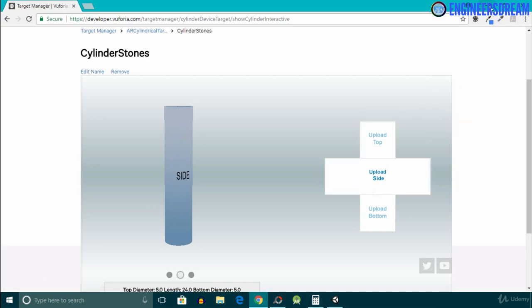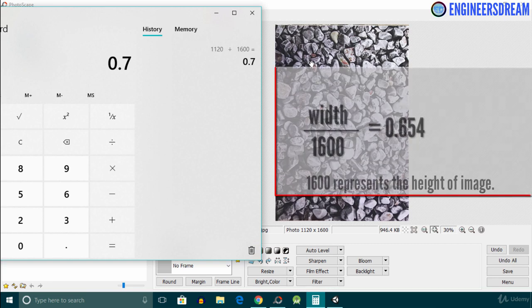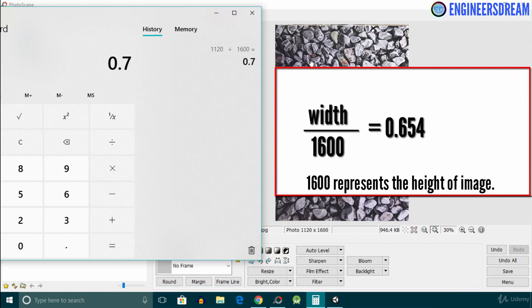The width to height ratio should be 0.654. So to achieve a width to height ratio of 0.654, you can either reduce the width of the image or reduce the height of the image. Now in my case, I will reduce the width and leave the height at 1600 itself. For this, I'll use a very simple equation: width divided by 1600 equals 0.654.